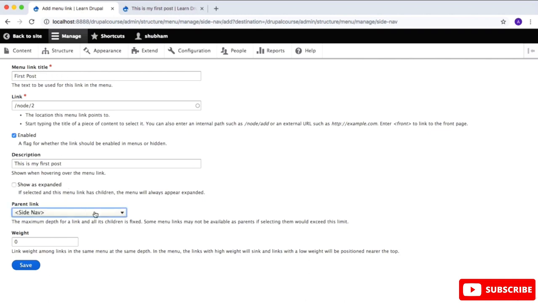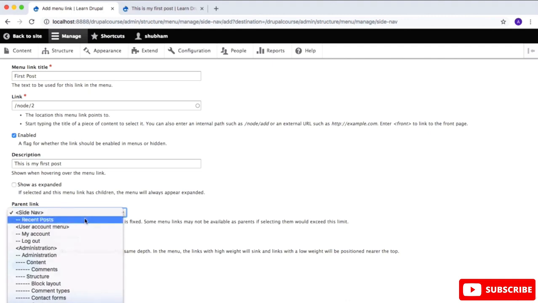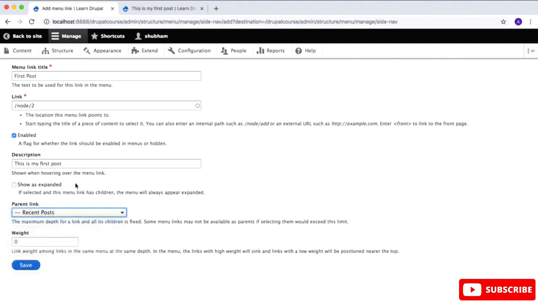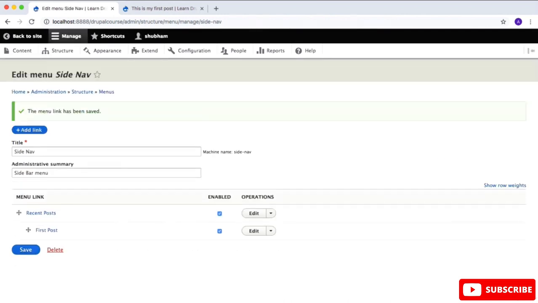And in the parent link I will click this and I will click on recent post, because this first post will be a child of our recent post menu link. And in the weightage I will say 0 because this is the child of the recent post. This will not conflict with the recent post, and then click on save. And now I will click on add link once again,